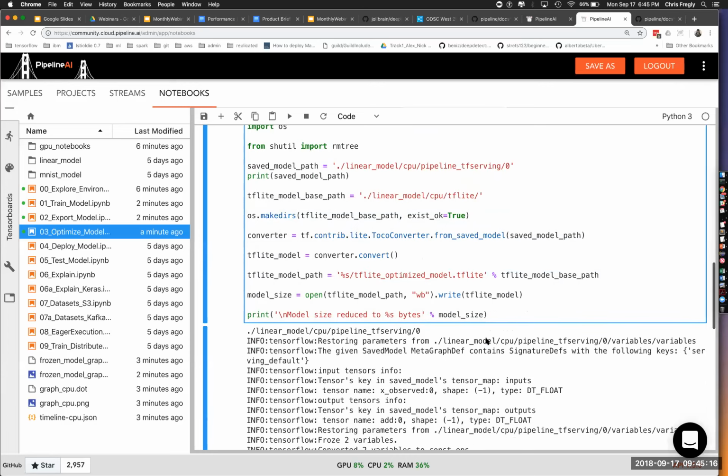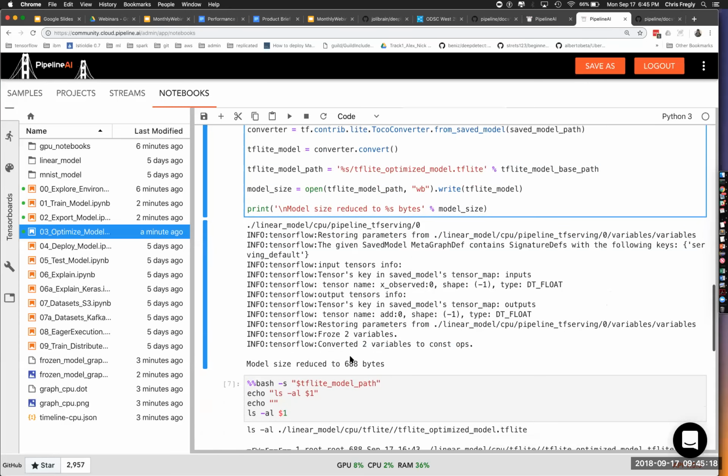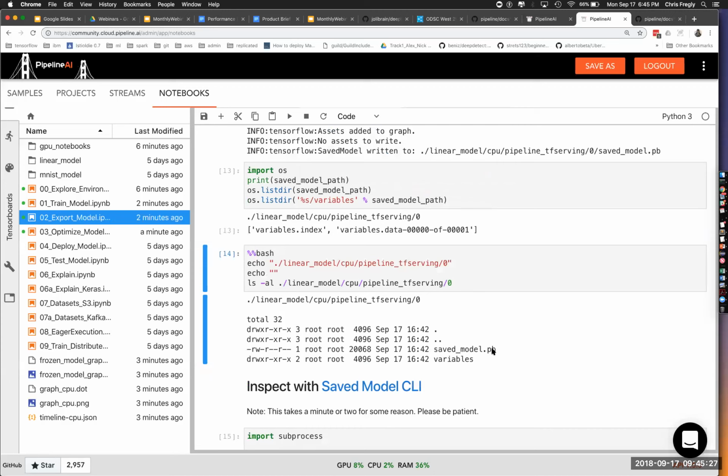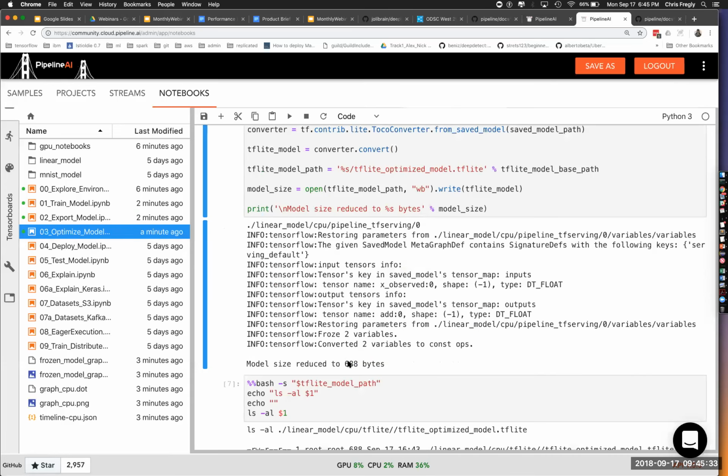So we convert this into TensorFlow Lite. We get this model down to 688 bytes, compared to the regular TensorFlow model of 24K. So this is a super tiny model, which helps not only from the mobile standpoint, for small devices, sensors and little tiny devices, it also makes the math a whole lot faster.